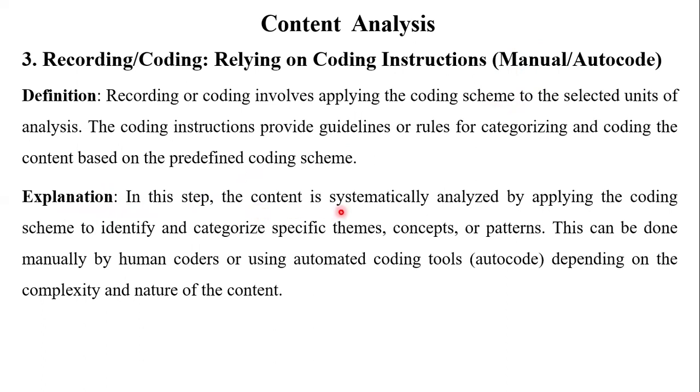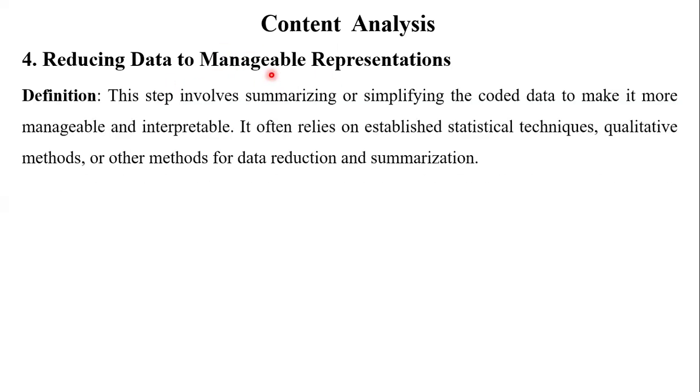In this step, the content is systematically analyzed by applying the coding scheme to identify and categorize specific themes, concepts, or patterns. So this can be done manually by human coders or using automatic coding tools, as I have already explained. But I would prefer human coding, depending on the complexity and nature of the content. The fourth step is basically reducing data to manageable representation. So this step involves summarizing or simplifying the coded data. In this step, you basically review your codes. Some of the codes may be irrelevant, and some of the codes,